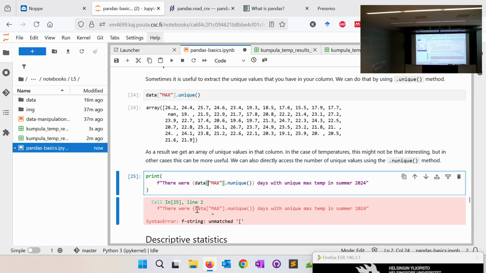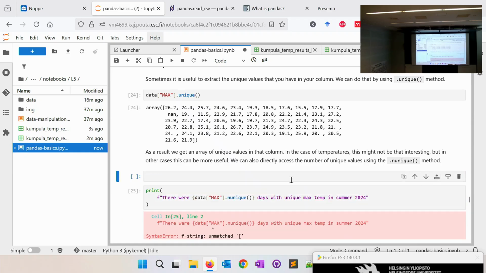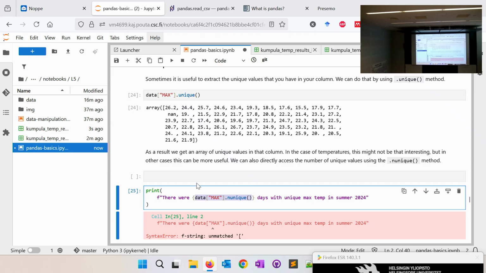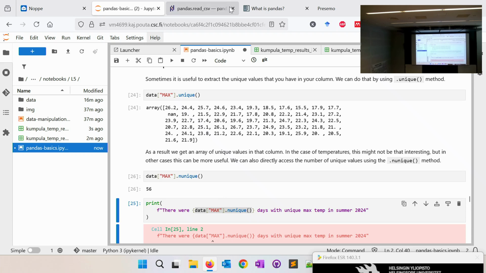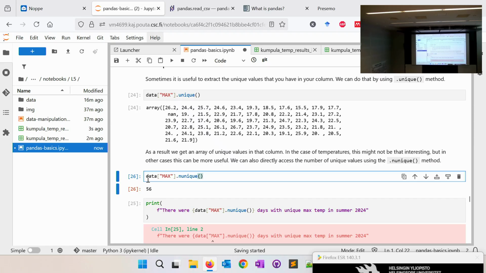Can you see what I've done wrong here? Yeah, I'm missing something here, I don't see. But anyway, you can use this nUnique to get the number of this. So the other way to do this would have been to use len. So if you store this somewhere, then you can